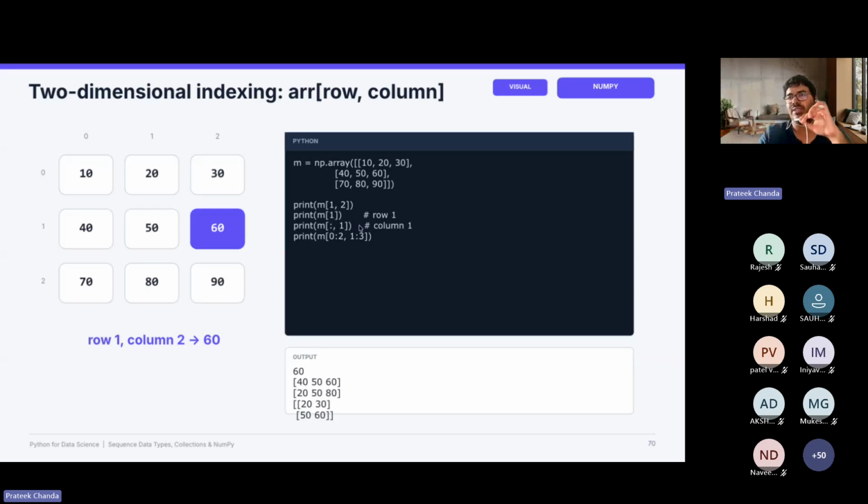If you want to extract the column, you would give something like colon, comma, the column ID. The colon, comma basically means that I am not searching through the rows. It is like a wildcard for the rows, and the column ID basically gives me the entire column.